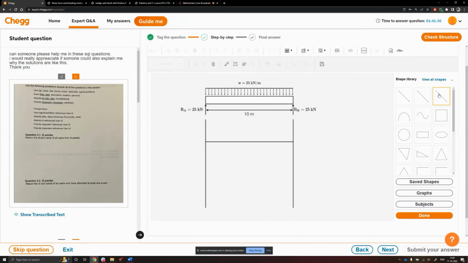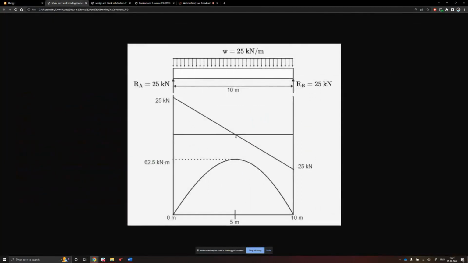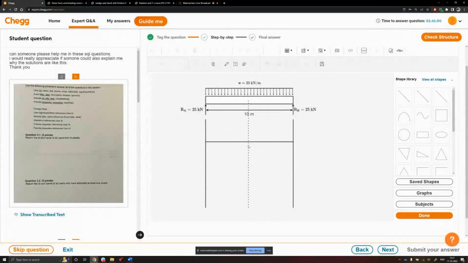You can add some construction lines by placing a vertical line from the midpoint of the beam. And to remember it as a construction line, you can change the line style to dotted line. Now for the shear force diagram, you want this point to coincide with the horizontal line at the midpoint of this horizontal line. So for that, you again insert a line, put the starting point here and the ending point like this, so that it coincides with this point.